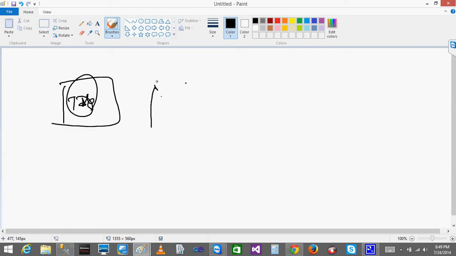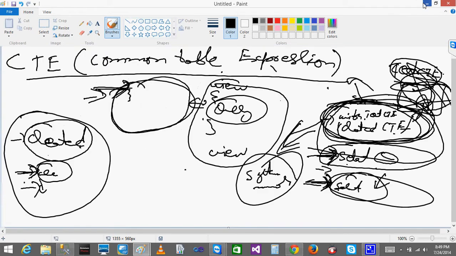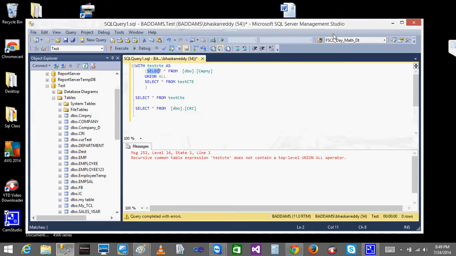Let's say I have one query. In that query, I am calling this same query again. Means you will call this query, and again in that query you will call this query, again and again. It will be recursive. The same query will be executing many times. That is nothing but recursion. So we will see what is meant by recursive.